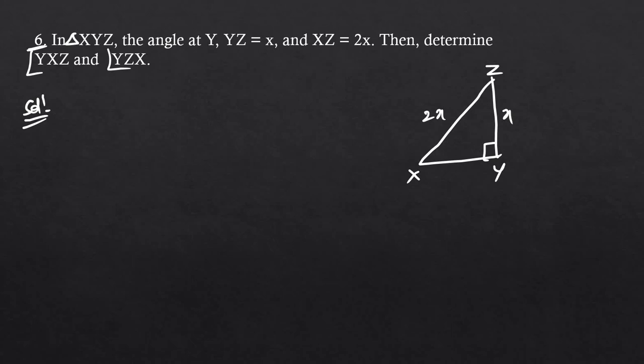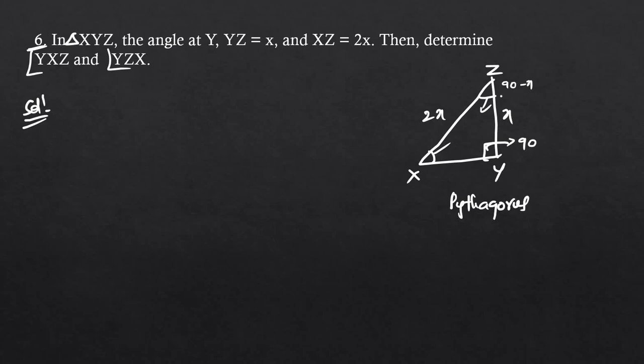So what we have to find? We have to find this angle and this angle. This already we know is 90 degrees here. So remaining 90 minus X will come here. This X will come something here. We have to find these angles. Now start with this one here. We'll take Pythagoras theorem.